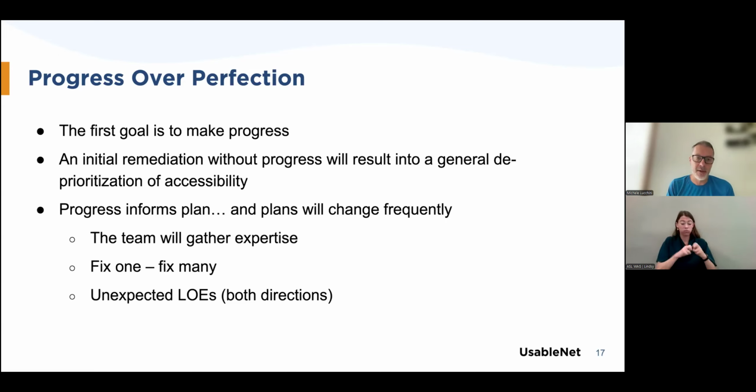And we have seen many cases where an initial remediation with a lack of progress resulted in a general deprioritization of accessibility.